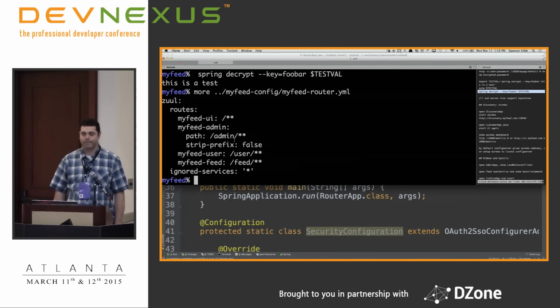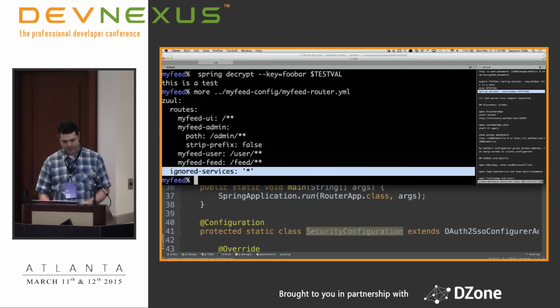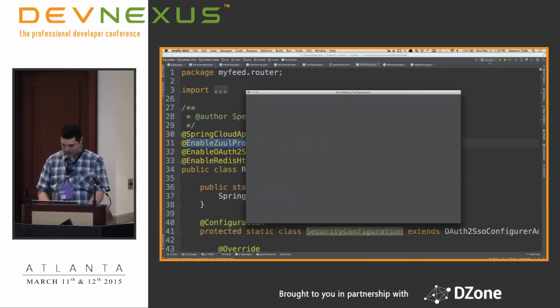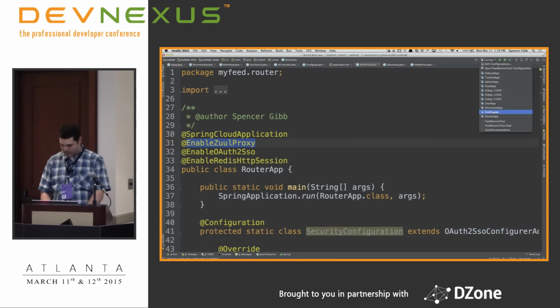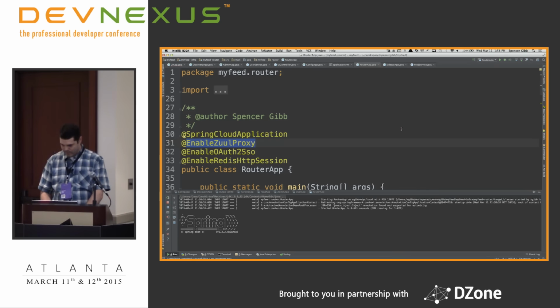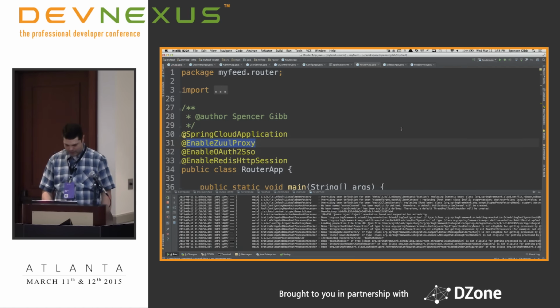These are ant paths, if I'm not mistaken. So it kind of plugs into Spring's pattern matching library. Okay, and this is how you disable it. Since all my services didn't match the routes I wanted, I just said, turn off the Eureka part. I'm going to do it by hand. So let's go ahead and run the router. We'll come up in just a minute.